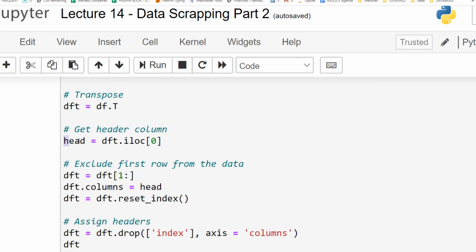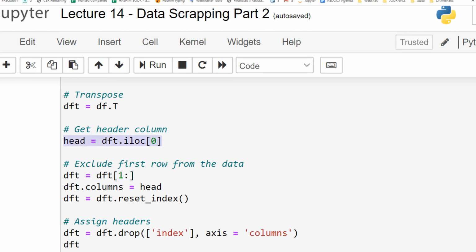We then extract the first column from it so that it can serve as column names. And then we get the data excluding the first row, because the first row had columns and we have already obtained it.